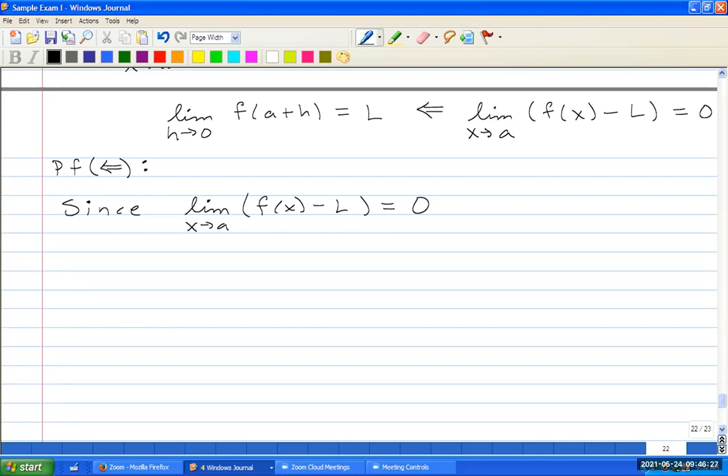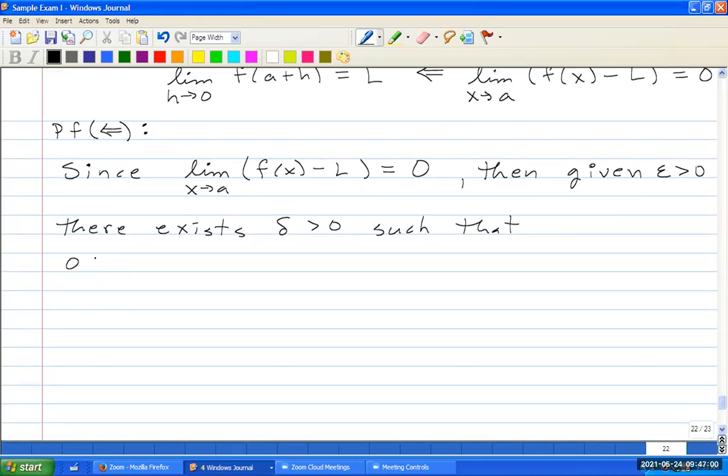So since this is equal to 0, then given epsilon greater than 0, there exists a delta greater than 0 such that